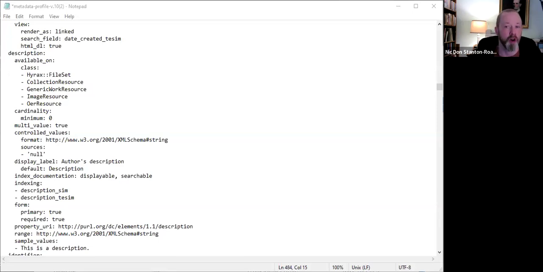If for whatever reason you didn't want it to, you could change that only to searchable, and then it'll search internally for things that match that, but not take you out to that URL. And then mappings govern which Dublin Core fields a metadata field maps to. So this could be used to adjust output fields, how